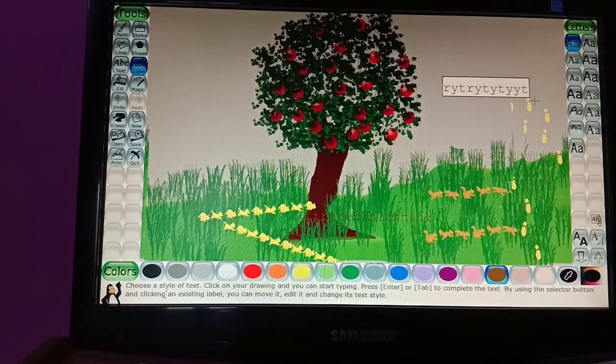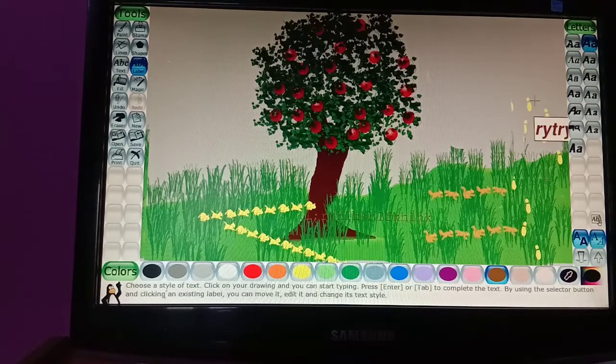Wherever you want to place it, just click on it, and you can change the type of font also. If you want the bolder one, you can use these things. The languages you can use just like this. This is how you can change the look of your text also. So this is all. Thank you everyone.